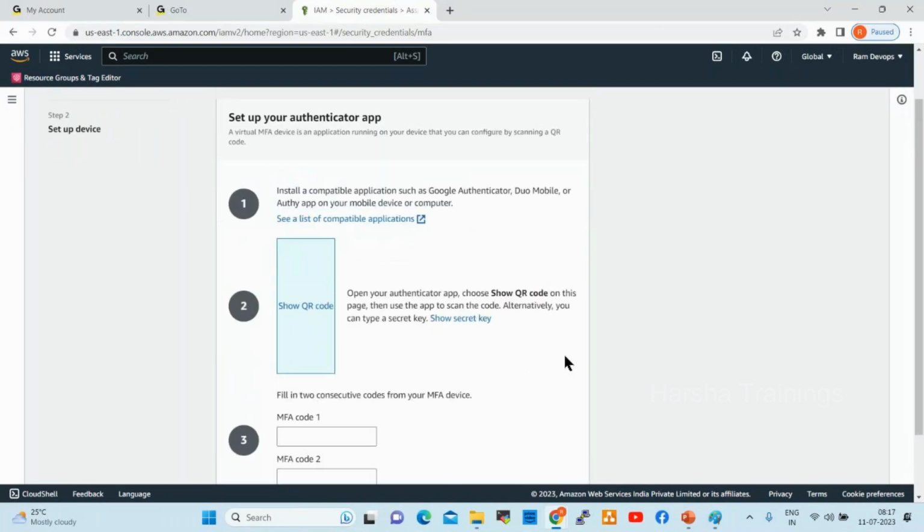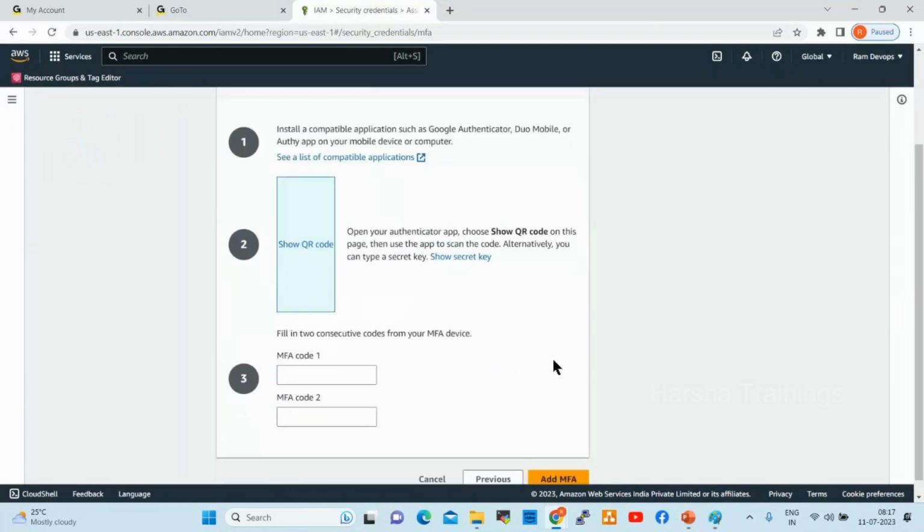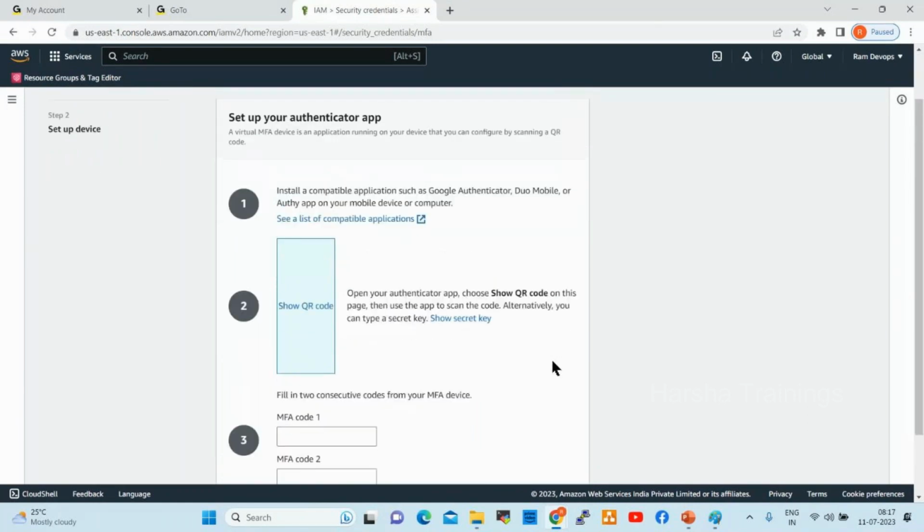So now here, before configuring this, we require Google Authenticator, right? I told you. For Google Authenticator, first you need to search in the Play Store, and you can install Google Authenticator here. Once you install Google Authenticator,